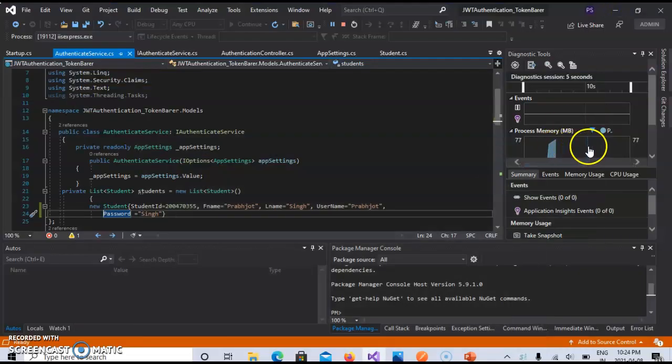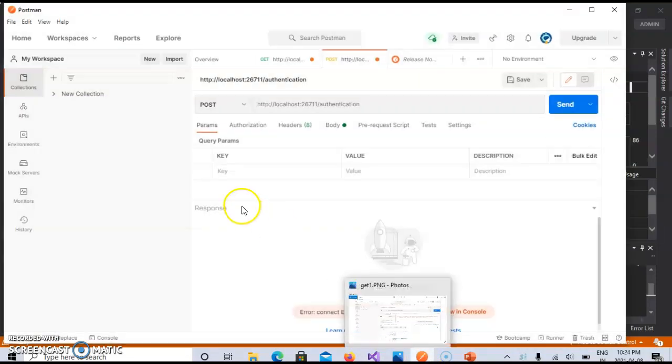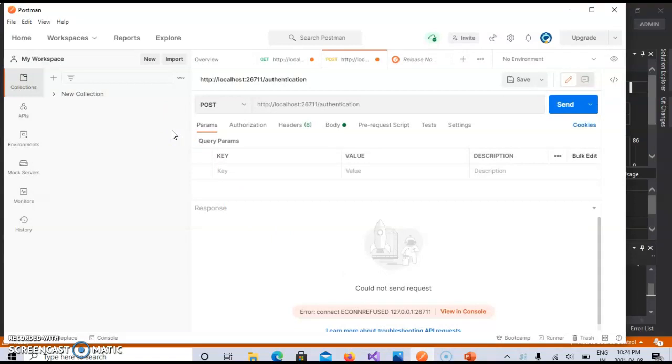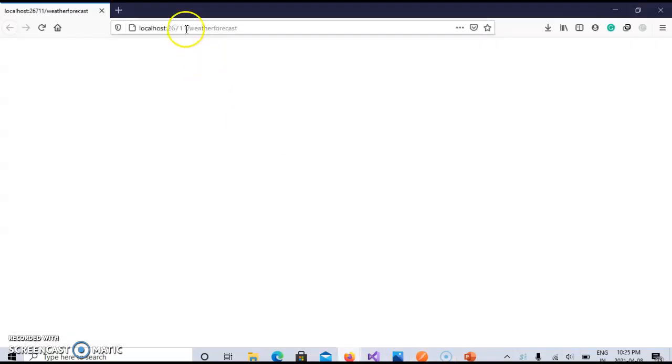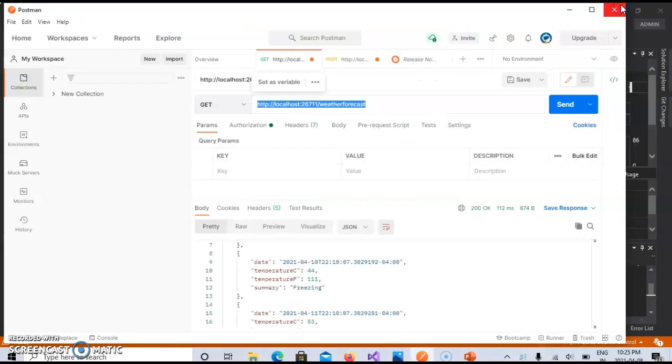Now my application is running in the background, so I will open Postman. What Postman does is it takes my request to the web application and gives me back the database that I have set up in the web application. We all know that GET is used to fetch the database from the server. So I have created this application, and this was the link for that. I copied this link when I ran my application, pasted it here, and set up a GET request to get the data from the database.